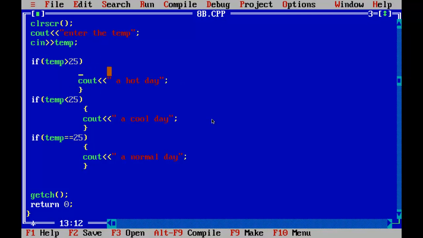See, we remove the brackets, it will work. But I advise you to put the brackets because sometimes we will use more than one statement, then there will be a problem. It will not give you accurate results if brackets are not there. Okay, curly brackets. If after each condition a single statement is there, it will work without brackets.